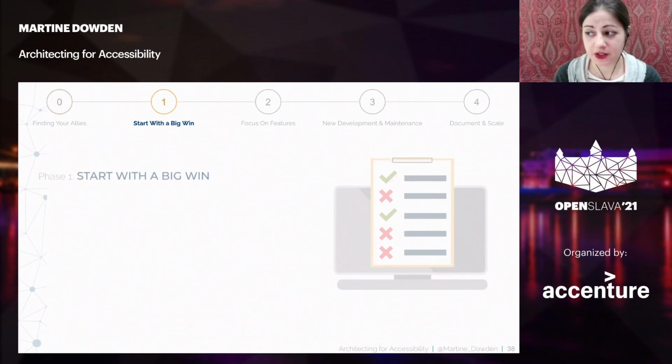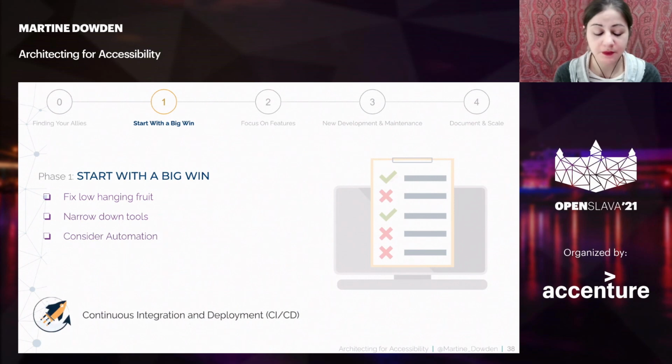And the next phase, we're going to start with the big ones. In any application, we're going to have areas that are going to be a lot easier to fix. And we're going to have areas that are going to impact large amounts of the application. So if we think of our navigation bar, right, it's available on the top of any website, and it's on every page. Those are the things that I'm referring to with the big wins. So your things that are on every page that are really impactful and that are going to apply to a large portion of your application.